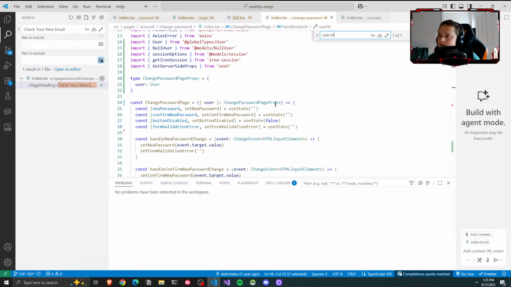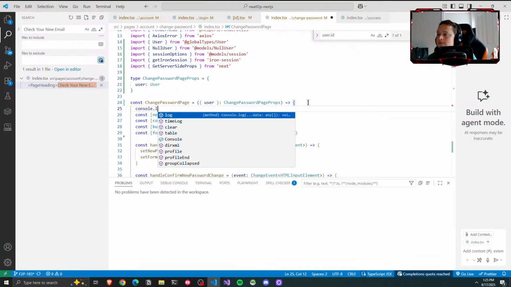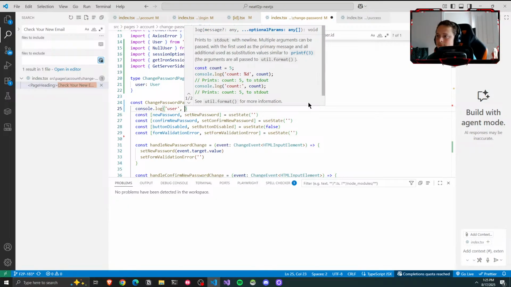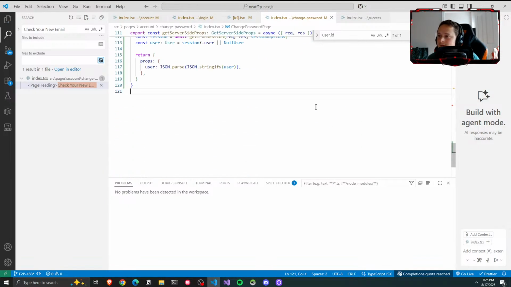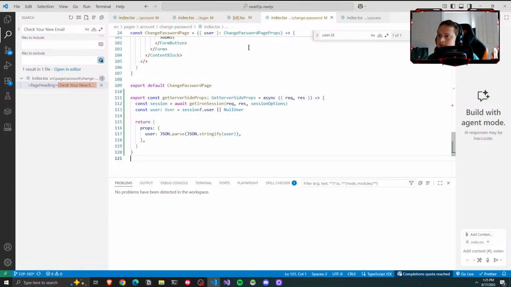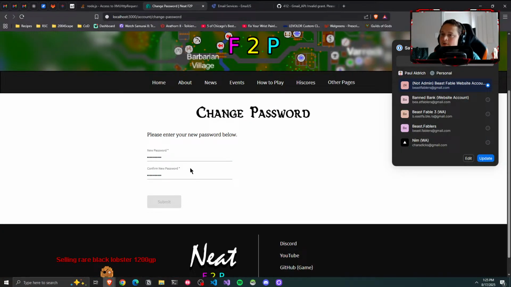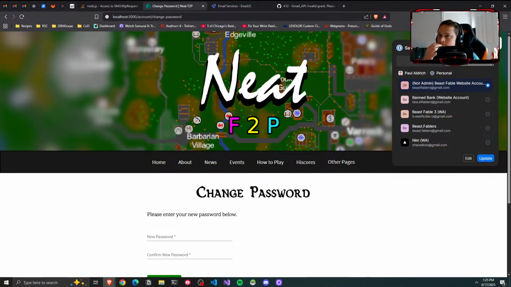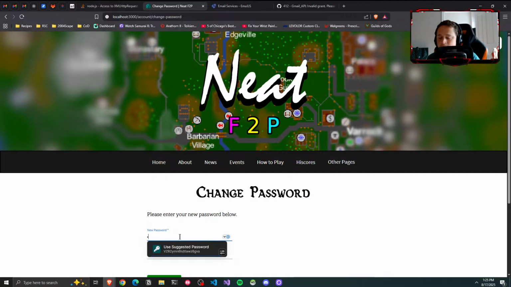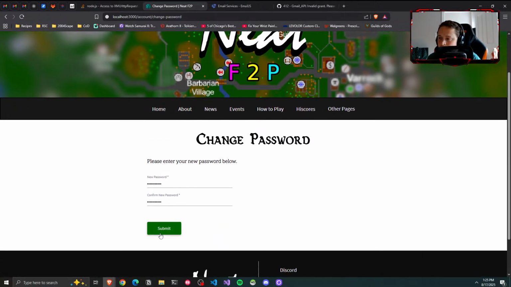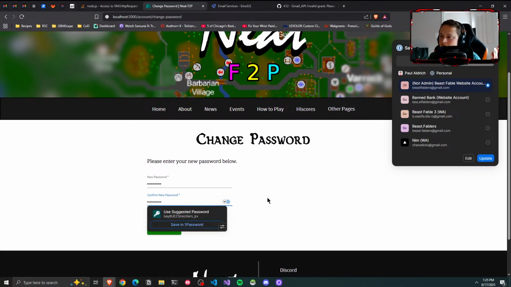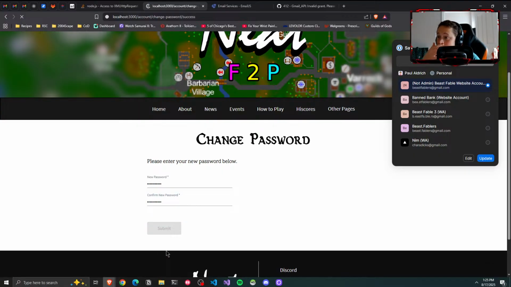It looks like we've got issues again. Interesting, because we did add this. So if they don't match, it should say they don't match. But if they do match,